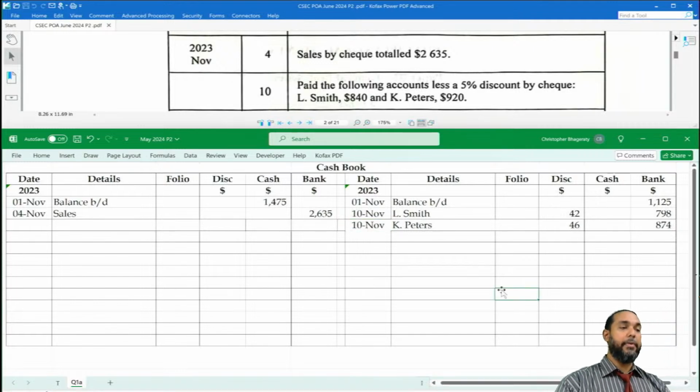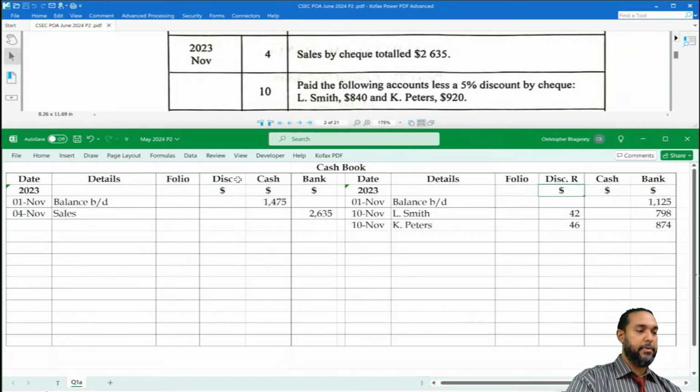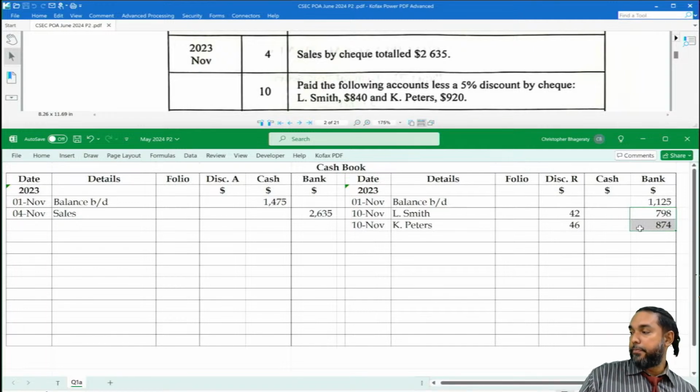So again, when you are paying, you are receiving discount. So you have to put the amount of the discount under the discount received column, and then the net amount that was paid in the cash or bank column, depending on how you pay. We paid by check in this particular case, so therefore we would